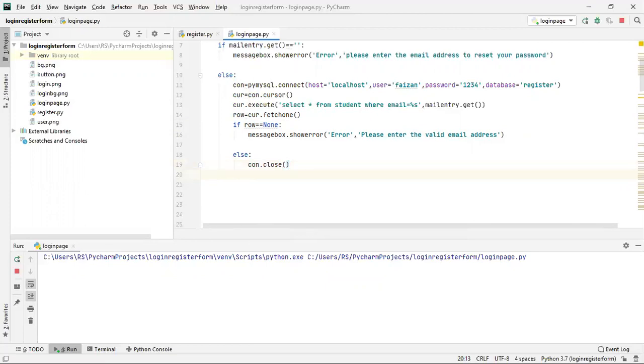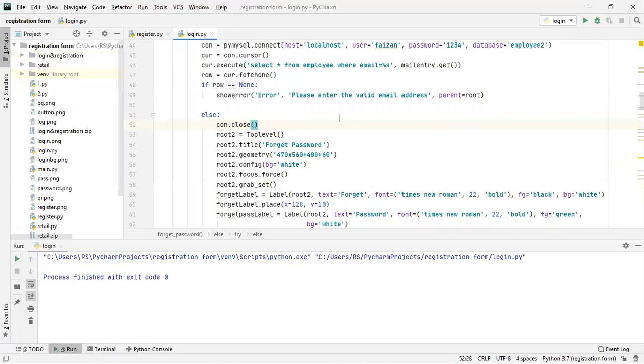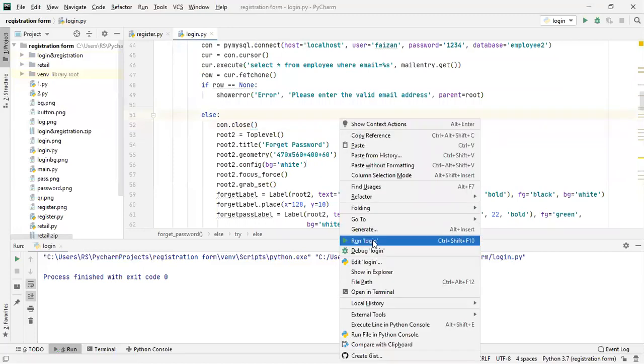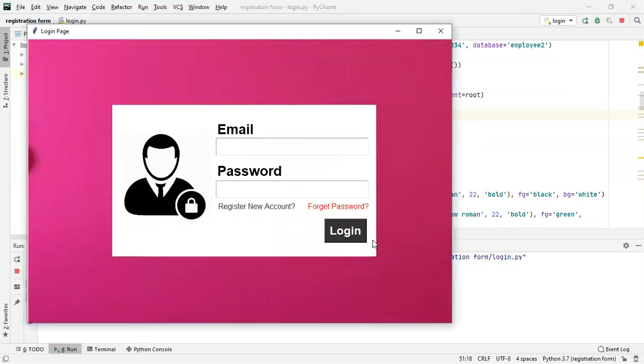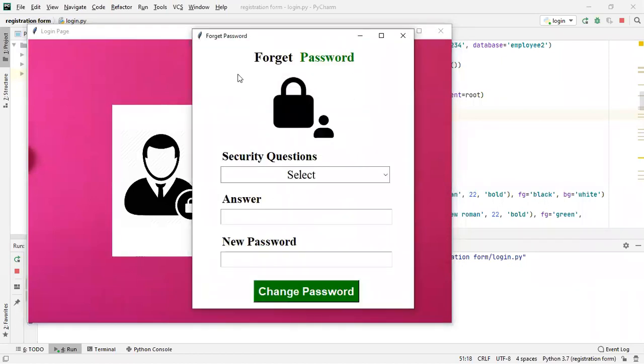And next, I'll be creating another window which you saw, the forget password window. If I run this and write a correct email ID which exists in the database, and click on forget password, we are shown this window.